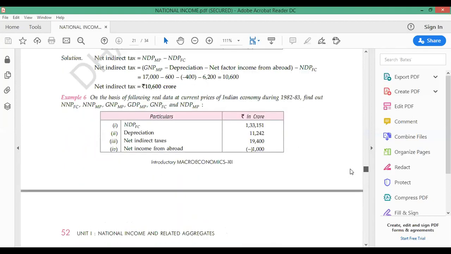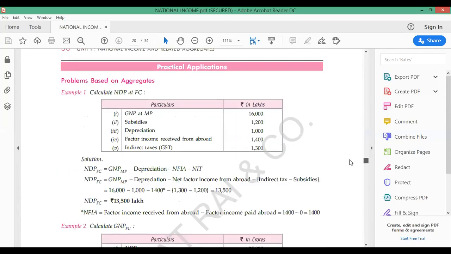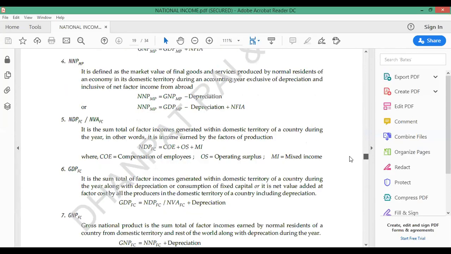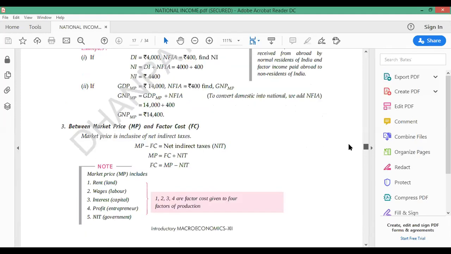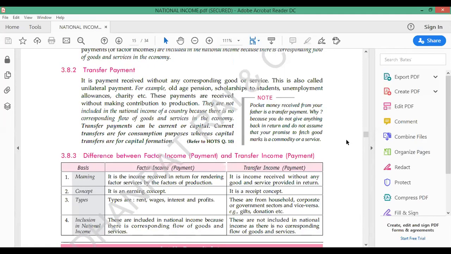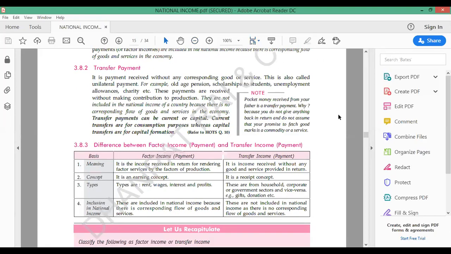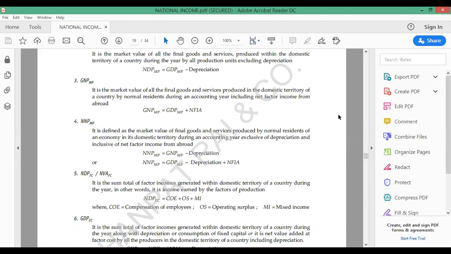All right. The second is the government final consumption expenditure. Government final consumption expenditure means the amount of expenditure which the government is incurring. Why? Because government also has to incur a lot of expenditures, like providing subsidies. If government provides subsidies to people, it has to incur a lot of expenditure for that,